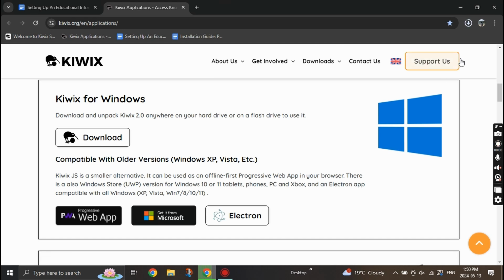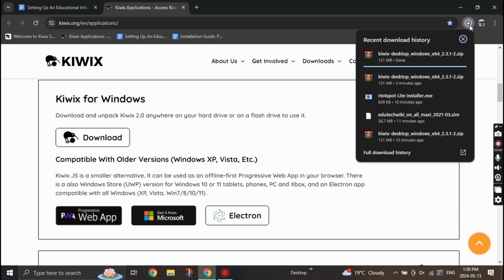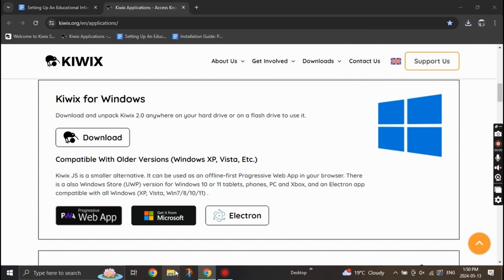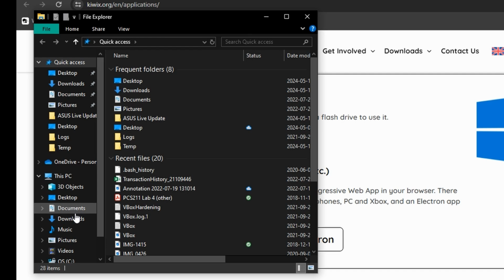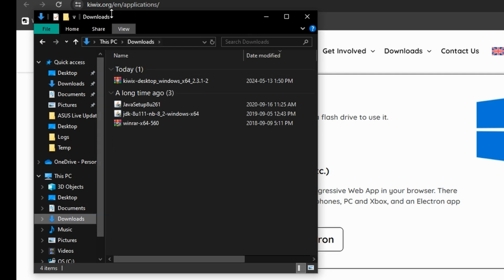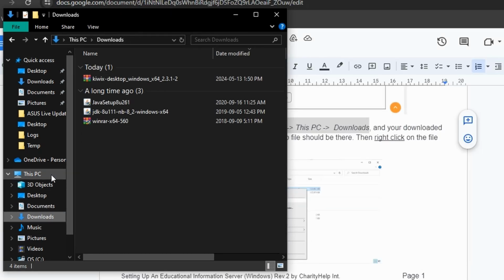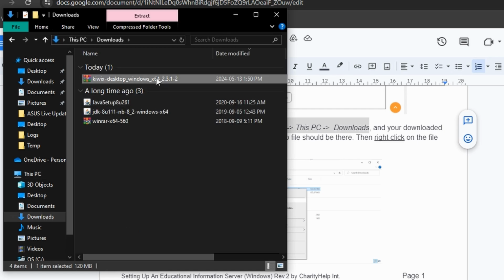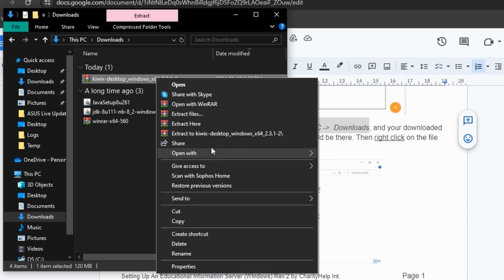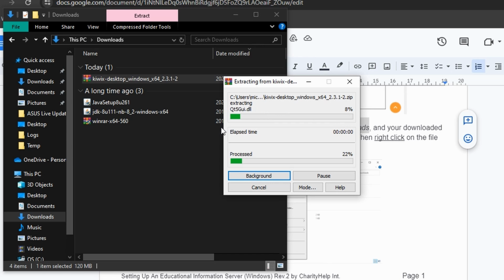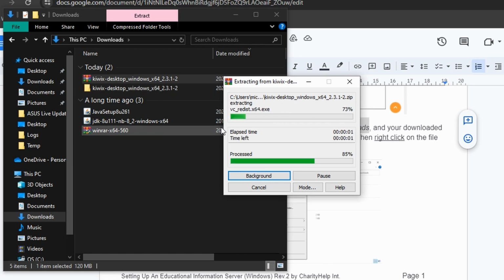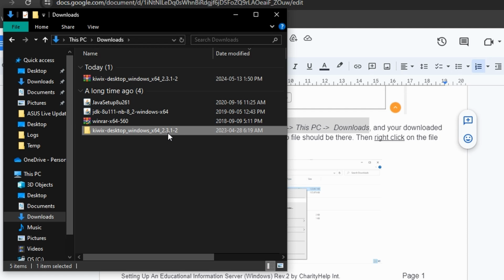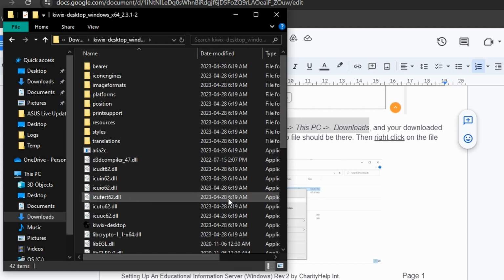In my case I am using Google Chrome, so I have it shown on the top right hand side, on the down arrow symbol. Once it has finished downloading, you will open the File Explorer under this PC, then click on Downloads and the file should be downloaded there. Right-click once on that downloaded file and press Extract All or Extract Here and wait till it finishes extracting the files. After it finished extracting, open the folder by double left-clicking it, and find the file